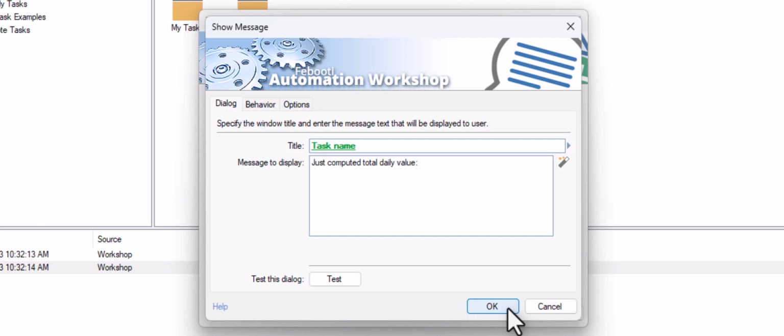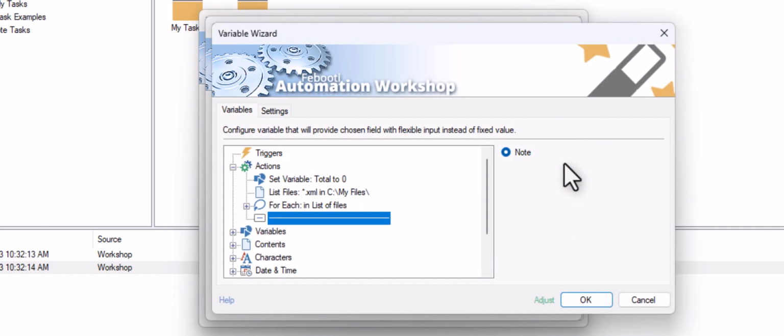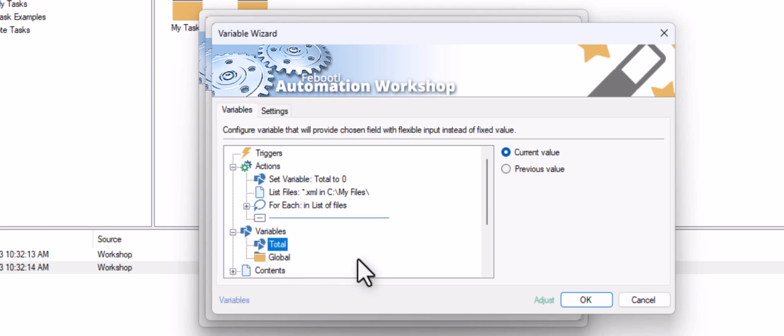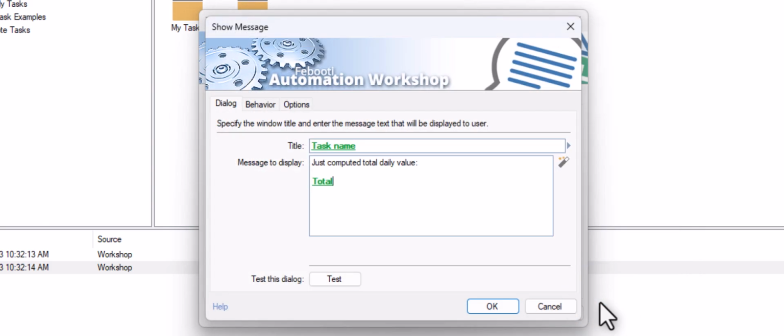And I need to show the total variable here. All variables are located in the Variables section. Here it is. And let's type USD here.